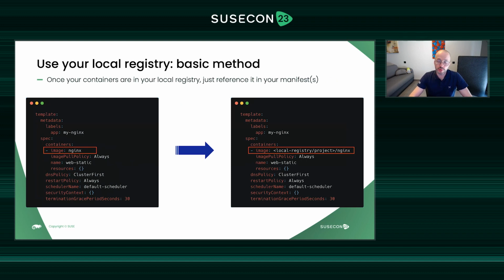Once your images are inside the local registry, you also need to tell your runtime to use these images. Usually, the easy case is to modify your app's manifest. So globally, you will take your Kubernetes file, and every time you see a container's image information, you will add, for example, the local registry as a prefix of the images.